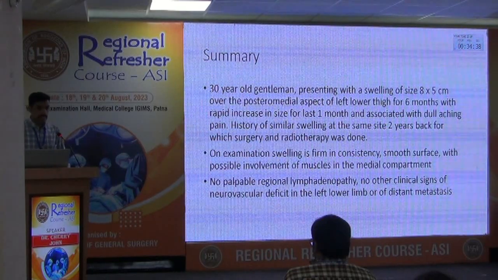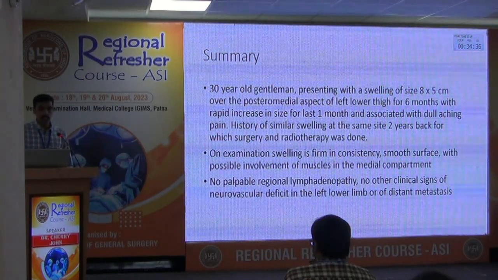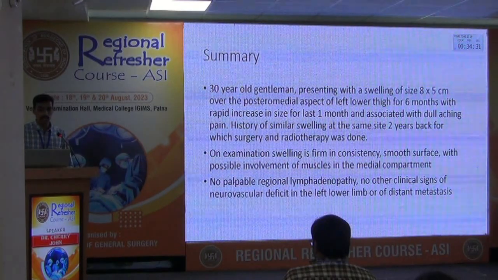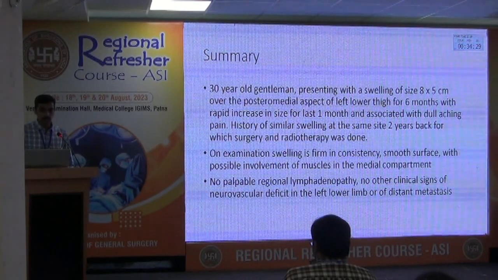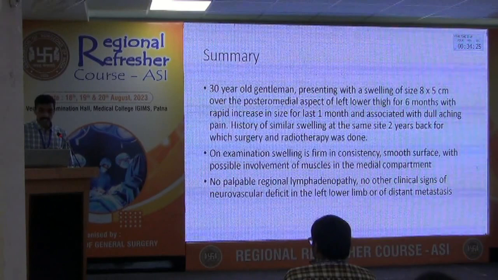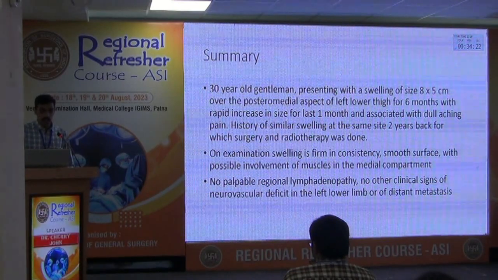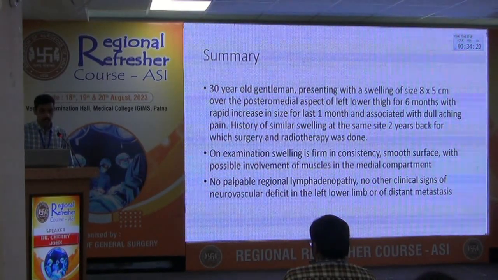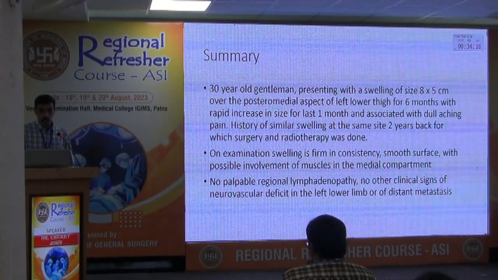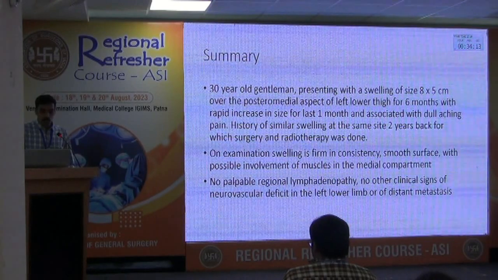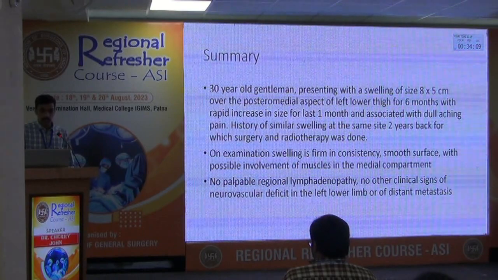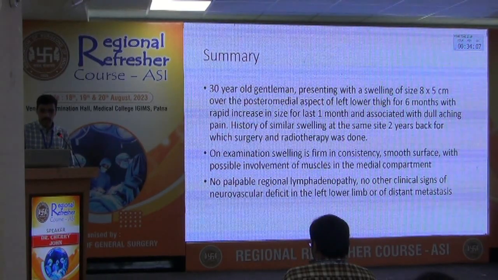Summarizing my case, a 30-year-old gentleman presenting with a swelling of size 8 by 5 cm over the posteromedial aspect of the lower thigh for 6 months with rapid increase in size for the last 1 month and associated with dull aching pain. History of similar swelling at the same site 2 years back for which surgery and radiotherapy was done. On examination, the swelling is firm in consistency, smooth surface and with possible involvement of muscles in the medial compartment. No palpable regional lymphadenopathy, no clinical signs of neurovascular deficit in the left lower limb or any evidence of